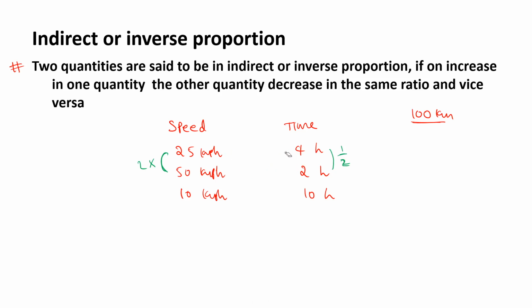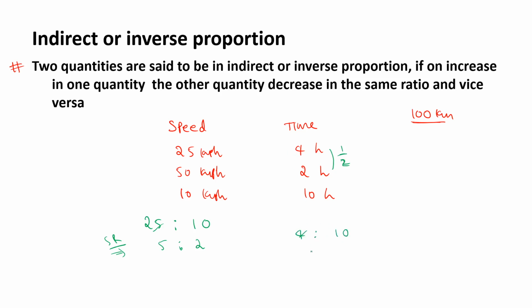In the same proportion, if we decrease the speed from 25 to 10 kilometers per hour, then the time would go from 4 to 10 hours. Just take the ratio of 25 kilometers per hour and 10 kilometers per hour. When simplified, that gives us 5:2. The speed was decreased in the ratio of 5:2, and now just look at the time. The time taken previously was 4 hours and now it is 10 hours.